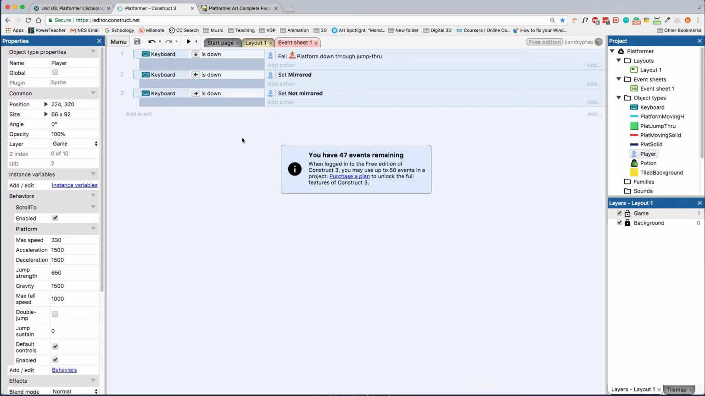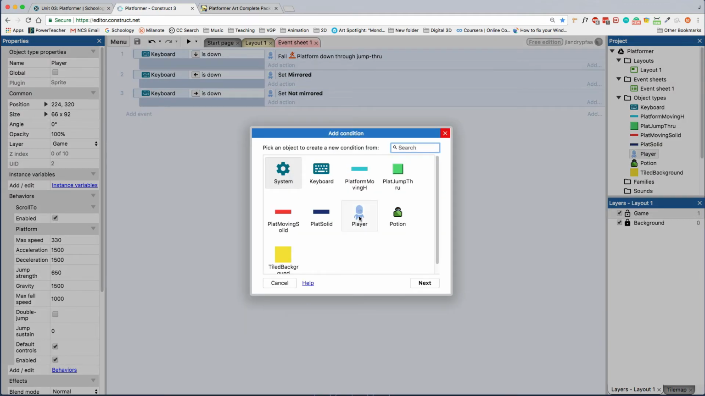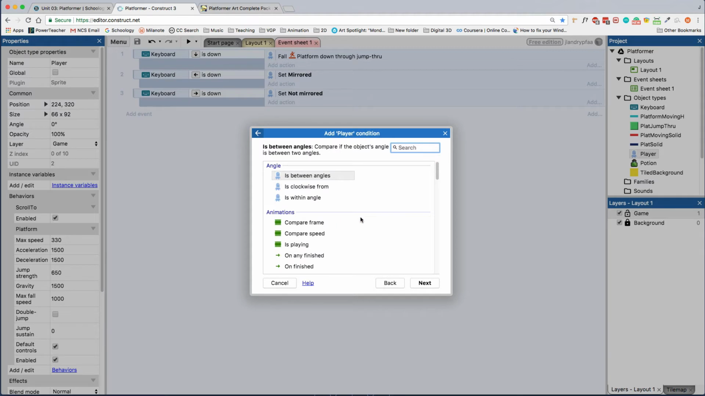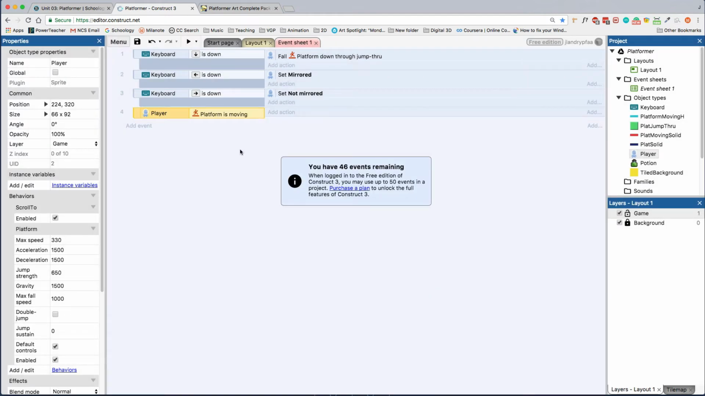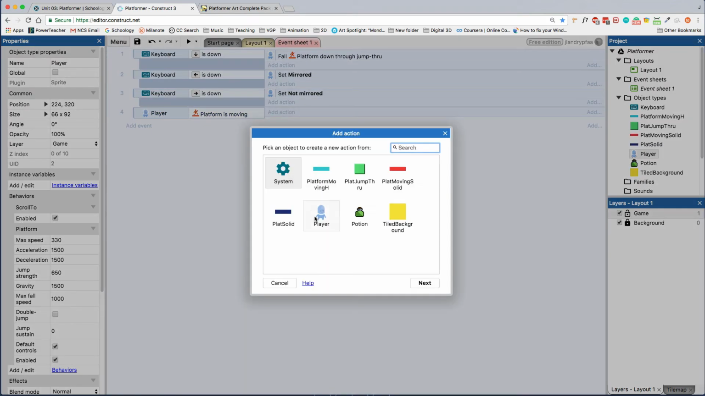Okay, let's now do a little bit of coding. I'm going to go over to my event sheet, and on my event sheet I'm going to add a new event. It's going to be set to my player, and I'm going to scroll down and I'm going to say when, this is going to be the walk animation, so I'm going to say when the platformer is moving, when the object is moving, then I'm going to